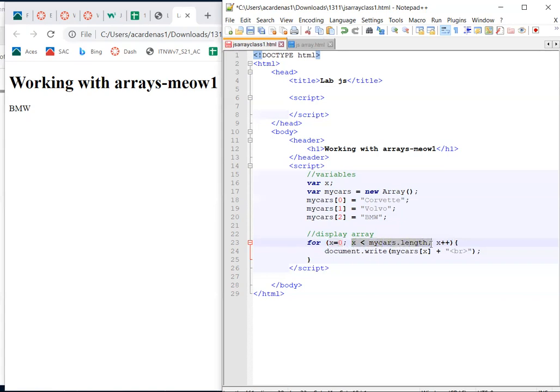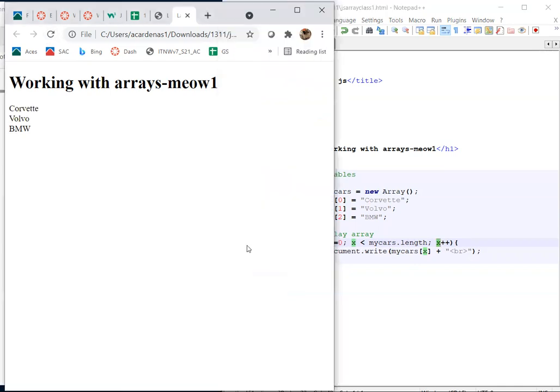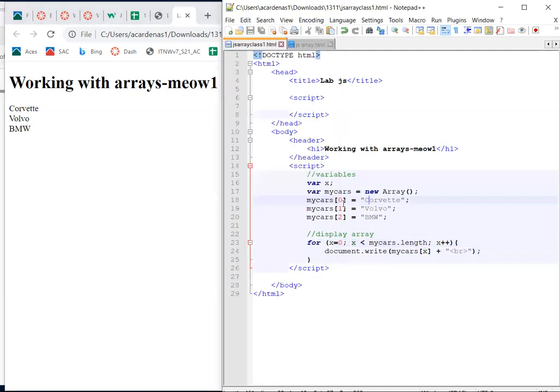So as long as X is less than the length of my cars, then we're going to do whatever's in this loop. This tells you when it's going to stop. And then X++ is just to increment X. So that's why it goes from 0, 1, and then 2 when it's displayed. So if I do a save and then refresh, that's why it shows the first item, the second item, and the third item, because